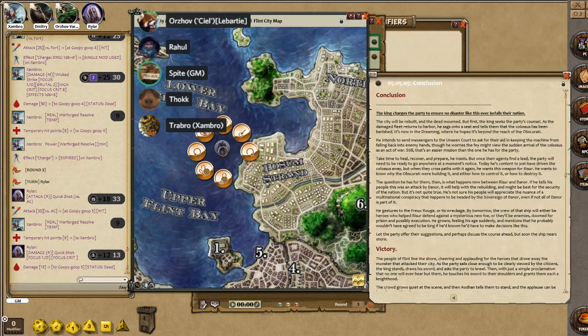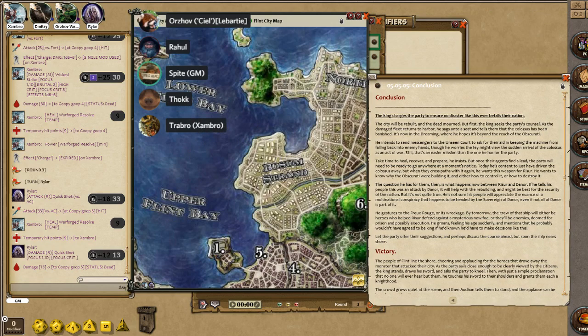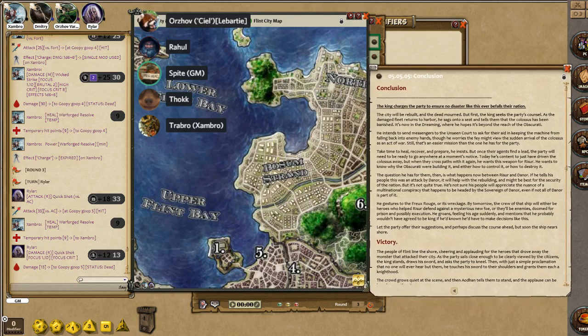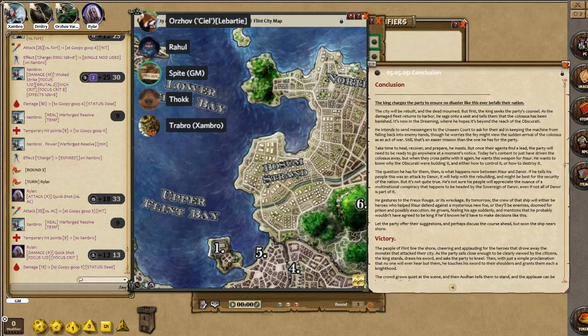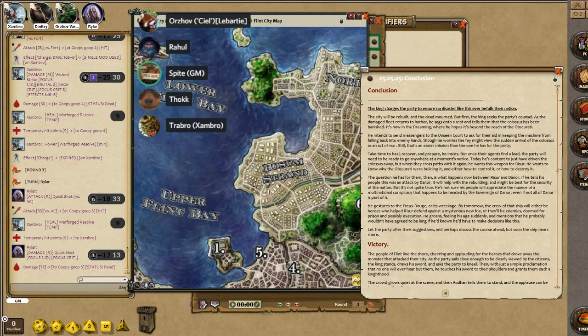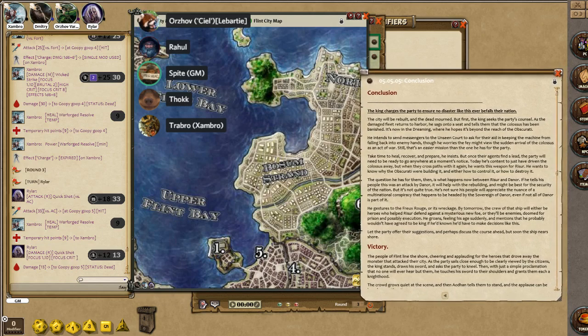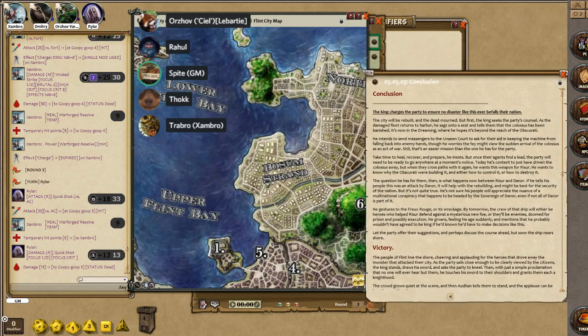The threat now momentarily dealt with, the city will be rebuilt, the dead mourned, but first the boats regroup, and it is soon known that the king seeks your counsel. As the damaged fleet returns to harbour, the king finds himself on land again, and when you approach him, he is sagging onto a seat, and he looks up as you approach, and he tells you that